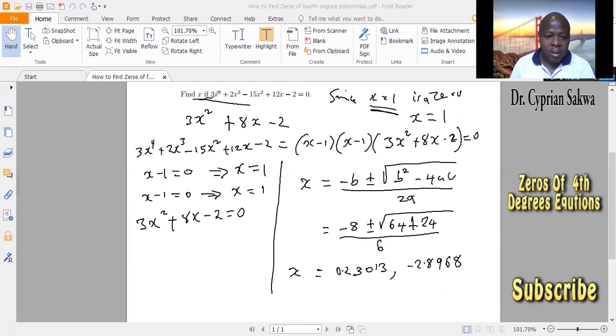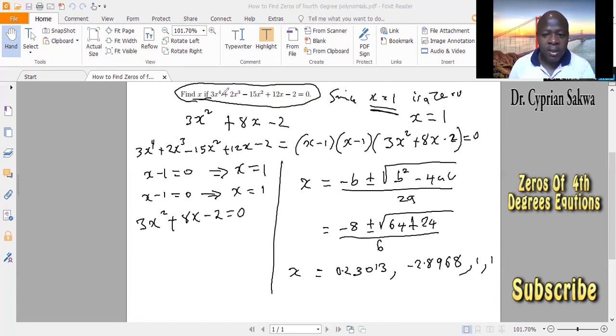We have our zeros. So our zeros are x equals to that, x equals to that, or x equals 1, as we saw here, or x equals 1, because this must have 4 solutions. And these are our 4 solutions. So that is how I solve this